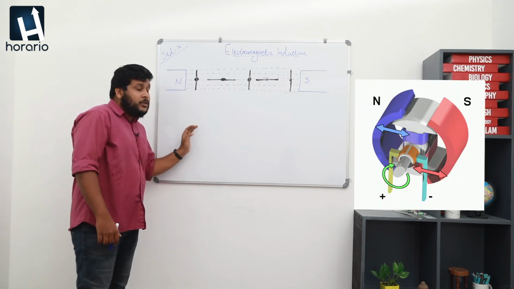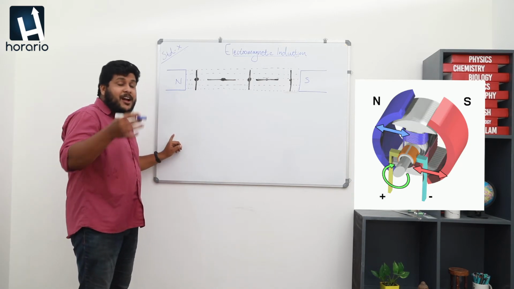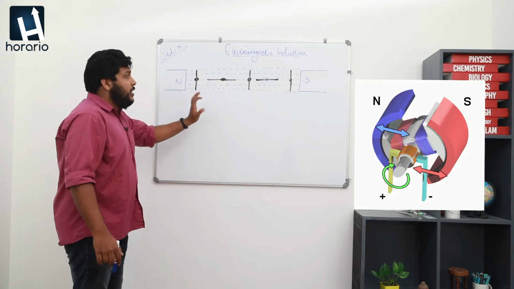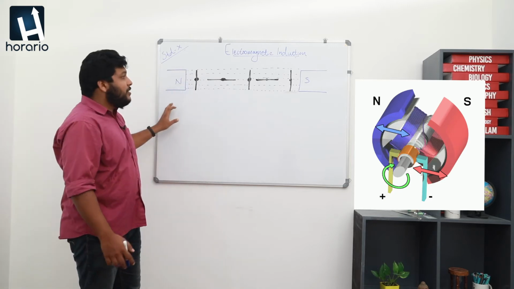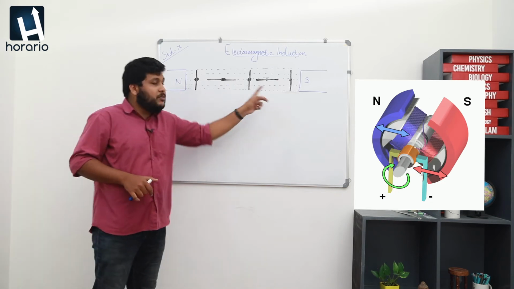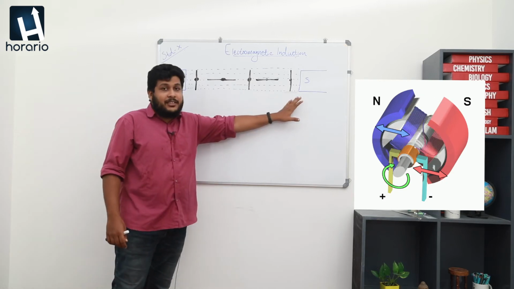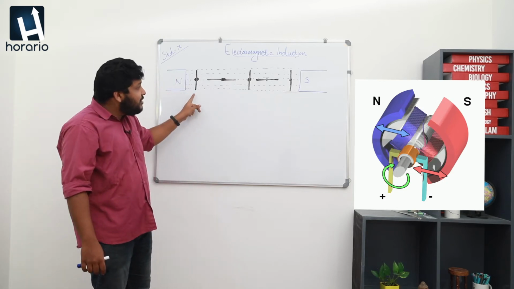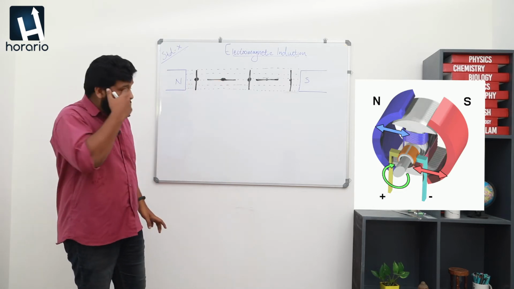Earlier we discussed how a generator is working and the different parts of a generator. Now we are going to discuss how the current produced inside a generator is an alternating current. For that, here I have drawn a diagram of the generator, in which N and S represent a field magnet, and the armature is placed inside this, and the rotation of the armature at different time periods is drawn in black color.